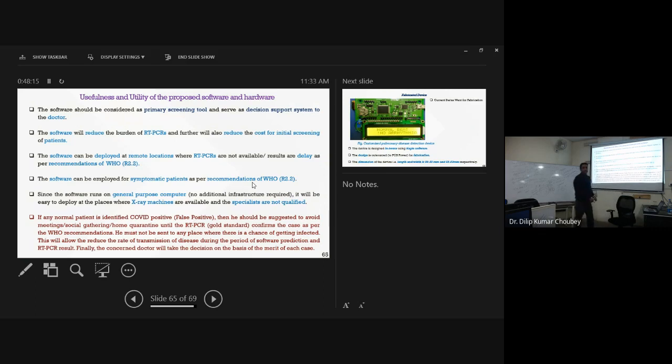Usefulness and utility of the software, this is the important part. बाकी तो ठीक है, प्राइमरी टूल की तरह कर सकते हैं, RT-PCR के कंपैरिजन में वैलिडेशन हुआ था. This is the guidelines of the constitution or the